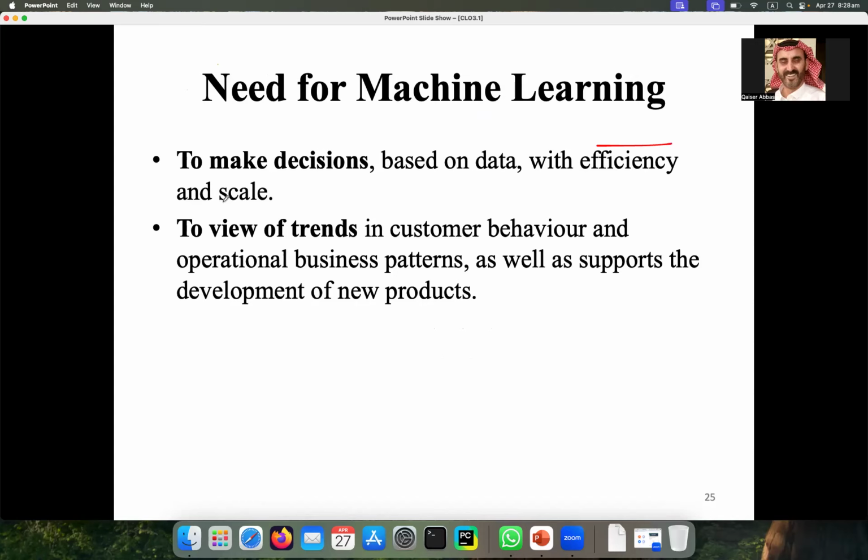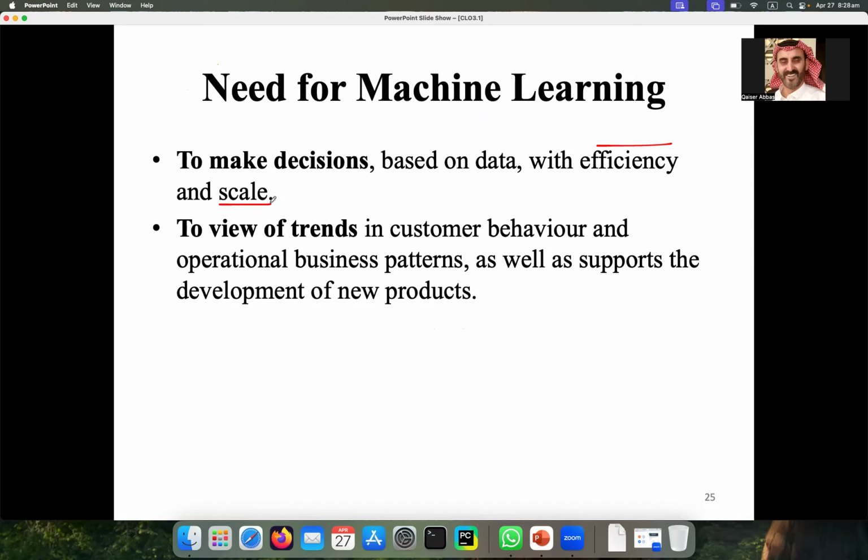That's why you have this word scale. Scale means the size of the data or the size of the project. So when we want to make decisions based on the data, if we are in the field of computer science, then we need machine learning.